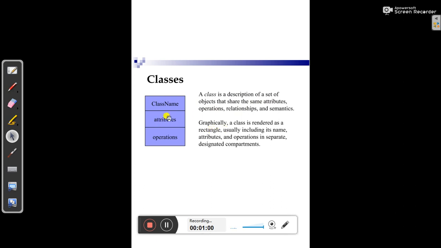Graphically, a class is rendered as a rectangle in the diagram, usually includes